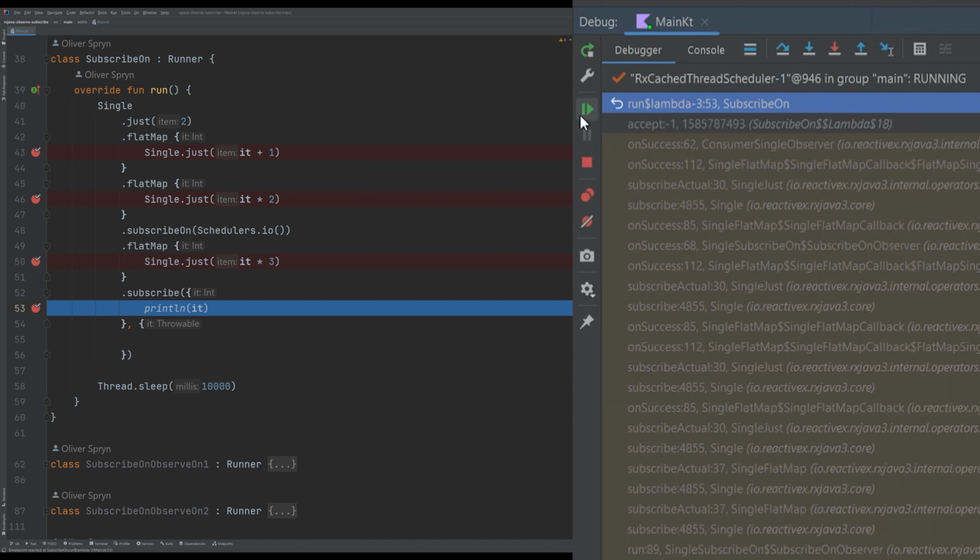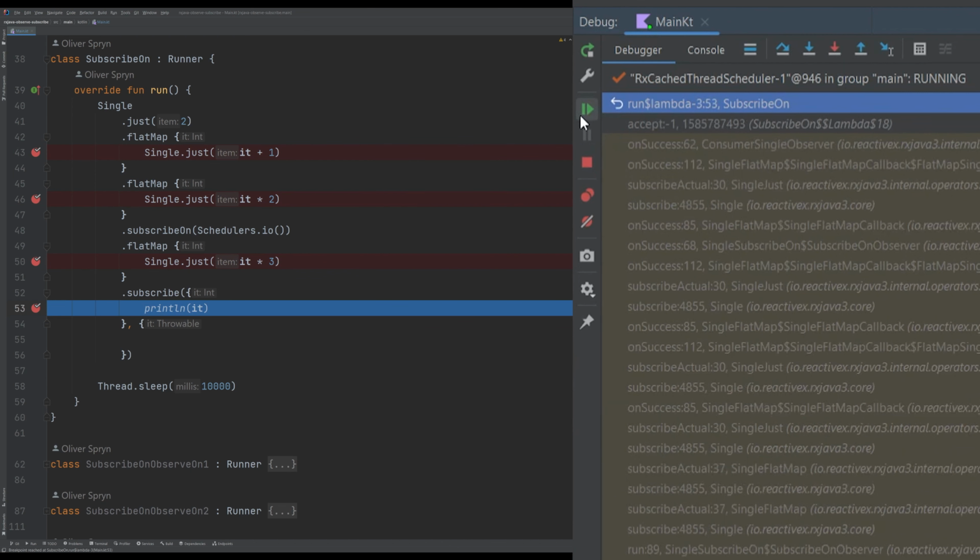Now, why is that? Well, I already explained earlier how subscriptions work, so it makes sense why the upstream is being sent to the IO scheduler. But this also behaves like ObserveOn, in that it doesn't change the thread pool until you tell it to do it again. So that's why it seems like it's affecting downstream. It's because I just didn't tell it to do anything different. In this example, it doesn't really matter where I place the subscribe on function, because it affects the whole way up and the whole way down.